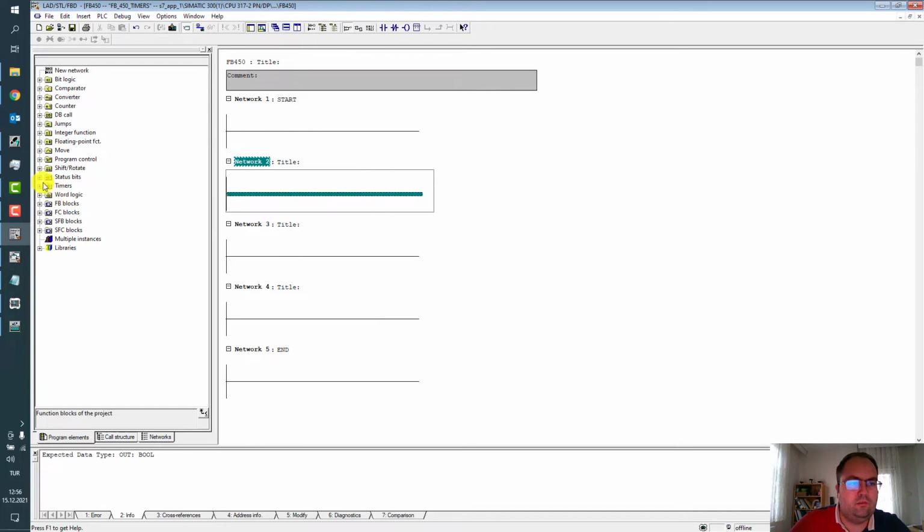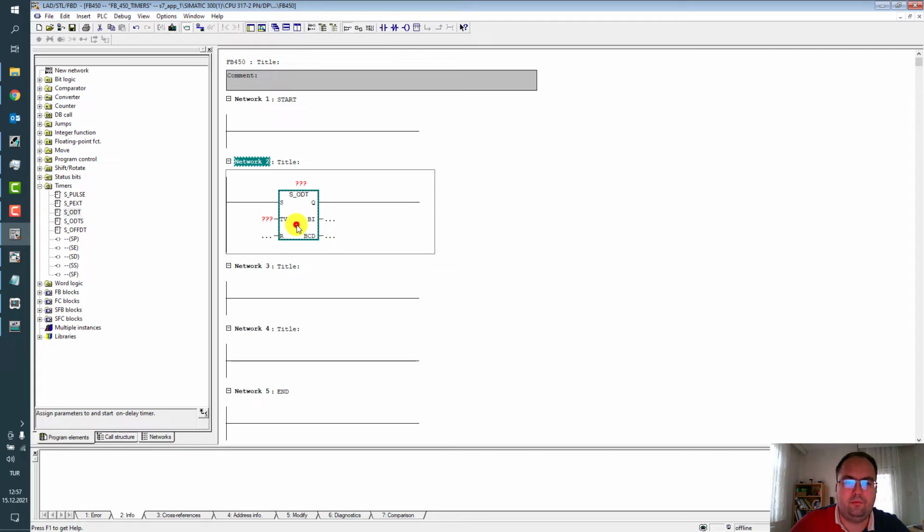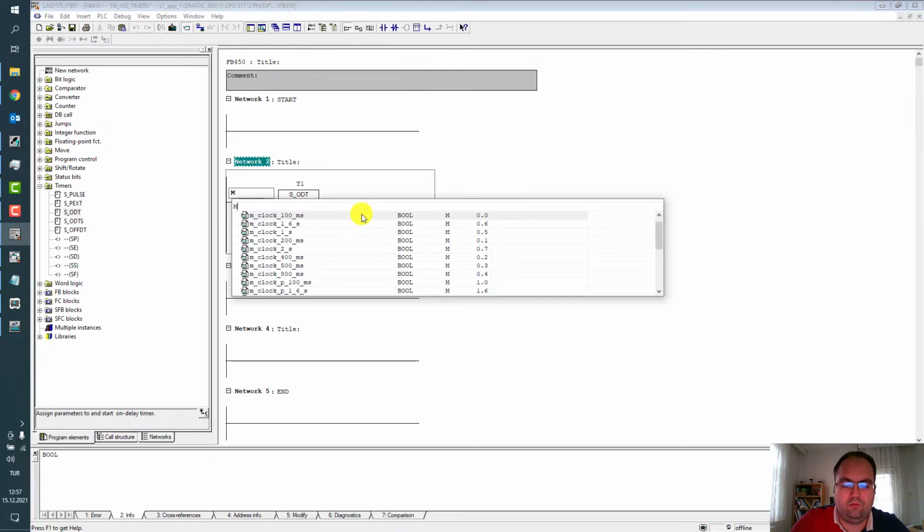And very commonly used is the on delay timer, S5 type. Just for testing, we can use some memory bits.